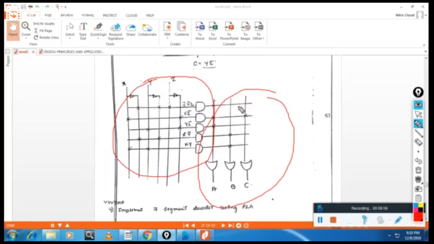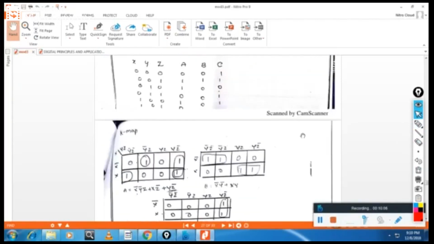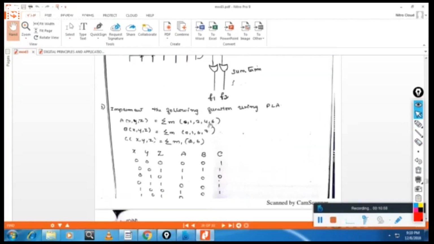In the exam, they will give a function like above, you can see here. And they will ask you to implement this one by using PLD or PLA 3 into 5 into 3. That means you have to use 3 variables, 5 AND gates, and 3 OR gates.